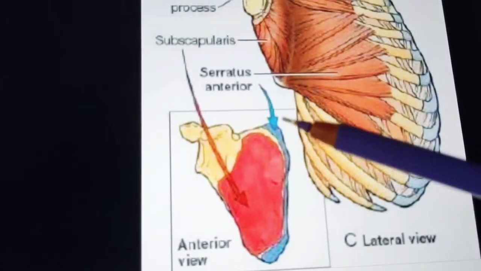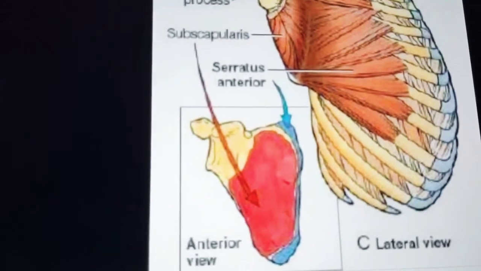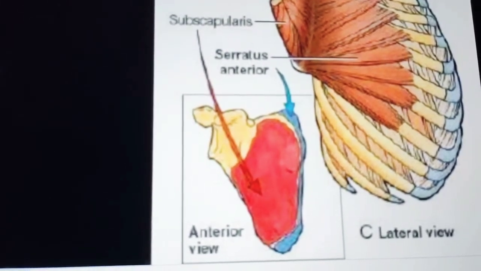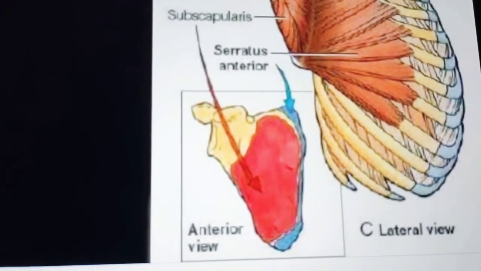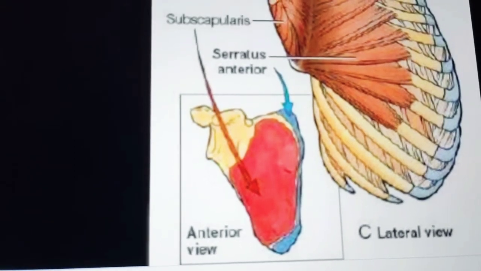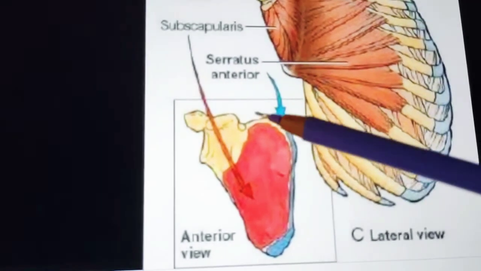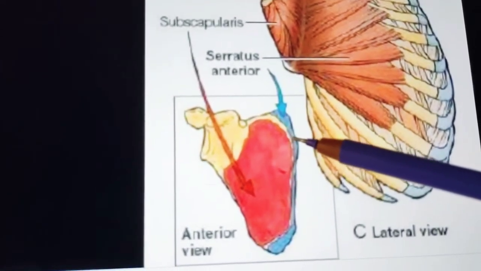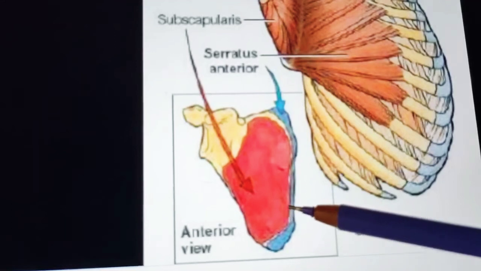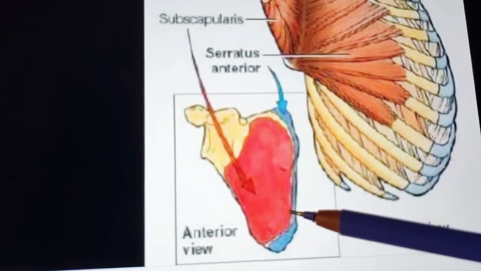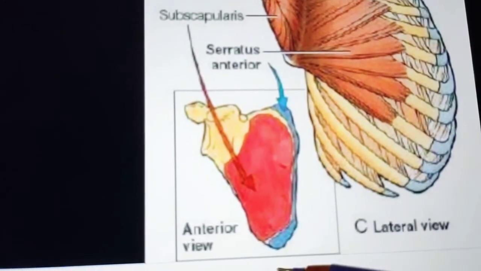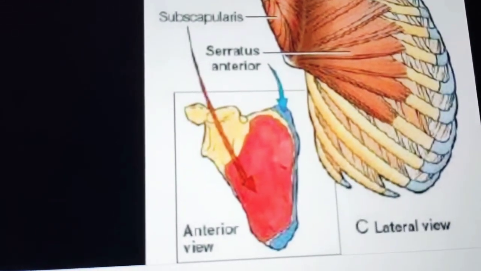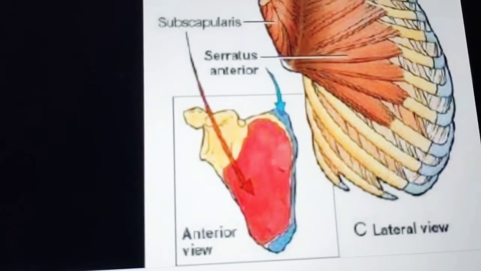Already we have discussed, right? So this blue color is the insertion on the costal surface. The costal surface is nothing but the anterior surface of the medial side. Mainly on the medial side, anterior surface, it gets inserted, and the first digitation is inserted from the superior angle to the root of the spine. So the first digitation will get attached till here, the next 2 digitations are inserted to the lower part of the medial border, and the lower 5 digitations are inserted to a large triangular area over the inferior angle. Like this, upper, middle, lower, all the digitations get inserted.